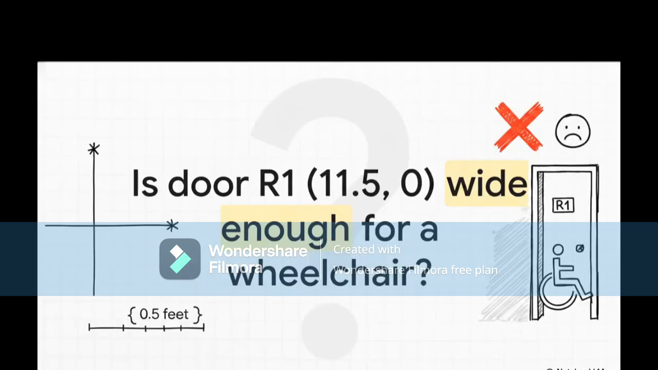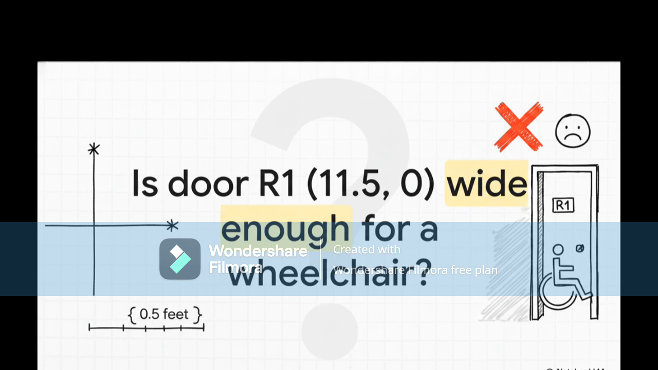Now I want you to picture your own room right now. Put your origin point in the bottom left corner and ask yourself how coordinates can instantly solve spatial problems for you. Take a look at the room's main door on the right, labeled R1. The wall itself ends at an x-coordinate of 12. If the door R1 starts at 11.5, that means the door is only half a foot wide. So, is that wide enough for a wheelchair to easily get through? Absolutely not. Just by glancing at the coordinates, we instantly identified a major accessibility issue before we even picked up